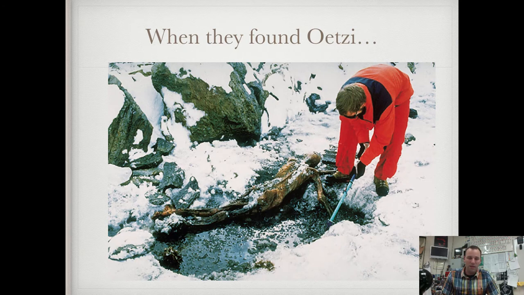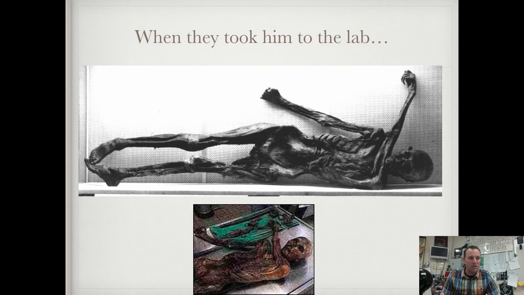Then they took him out of the glacier and back to the lab, and you can see again all his skin is intact. He kind of looks like an alien. Pretty nasty. But that's one of the uses for radioactivity, carbon dating things. I want you to think about why certain things cannot be carbon dated. Like, why could the Mona Lisa painting not be carbon dated? We'll talk about that a little bit more tomorrow.